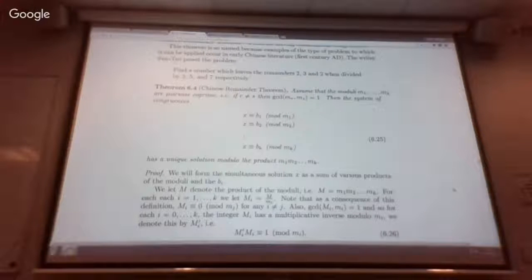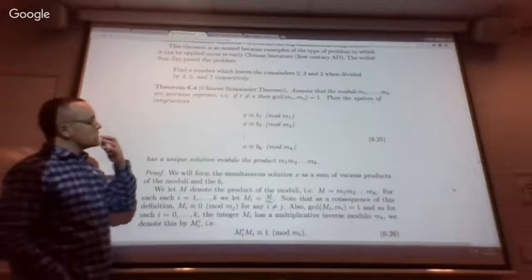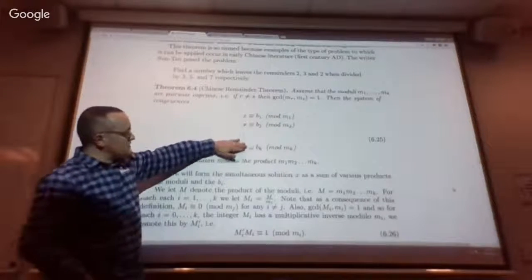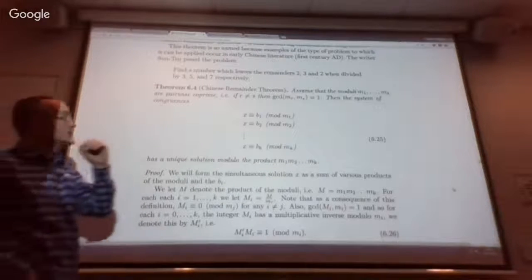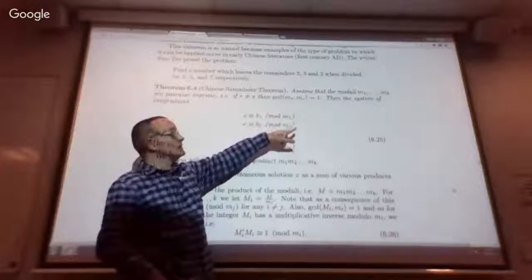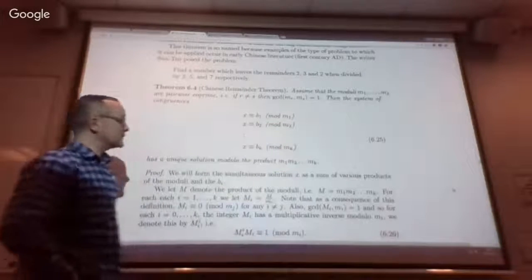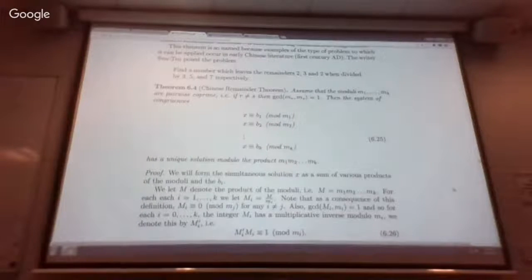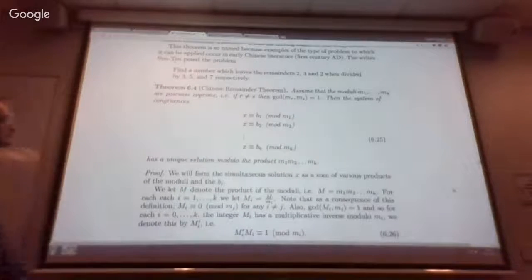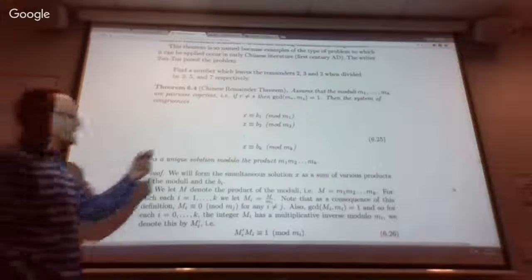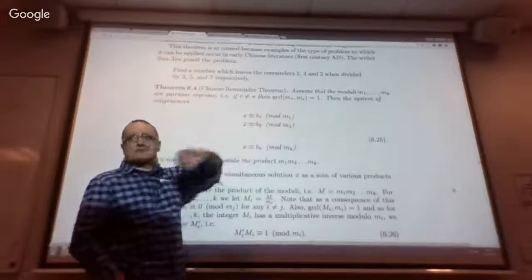The Chinese remainder theorem, as presented here, talks about how to look at a number of different congruence classes modulo different moduli, from m1, m2, all the way up to mk. And in the special case where those are all pairwise coprime, meaning that if you take any two of them, they're coprime to each other,